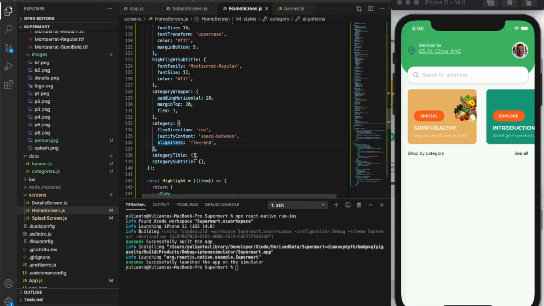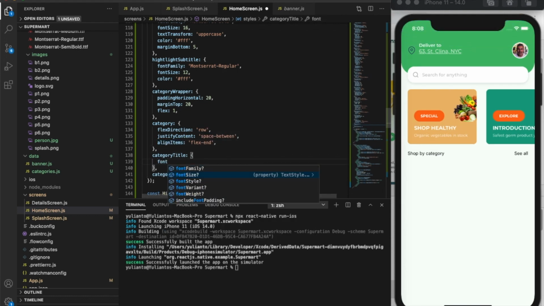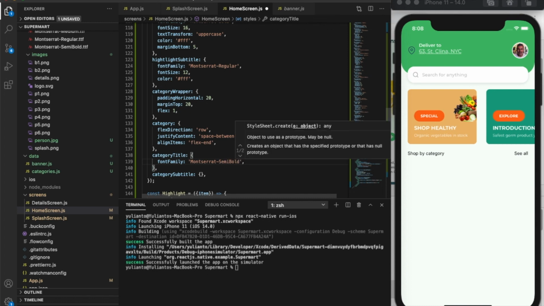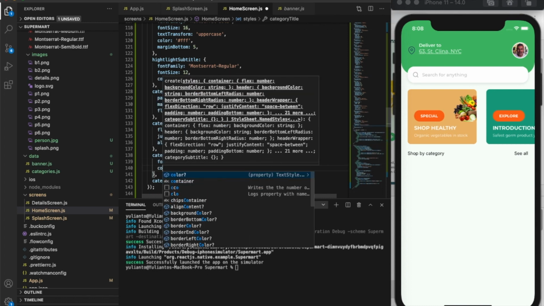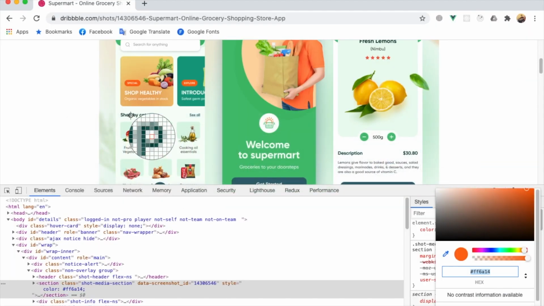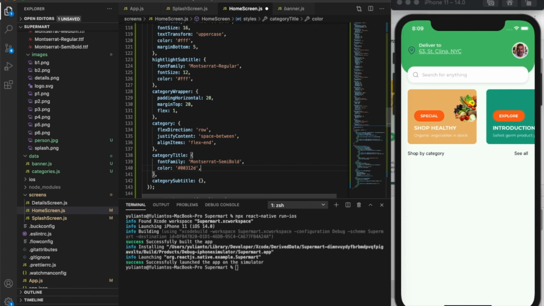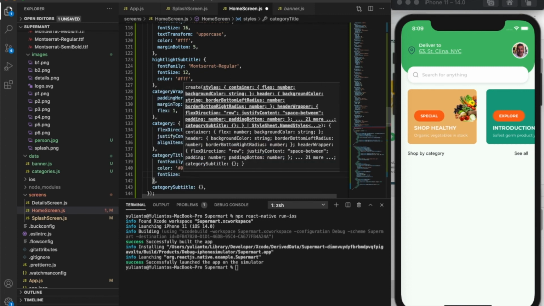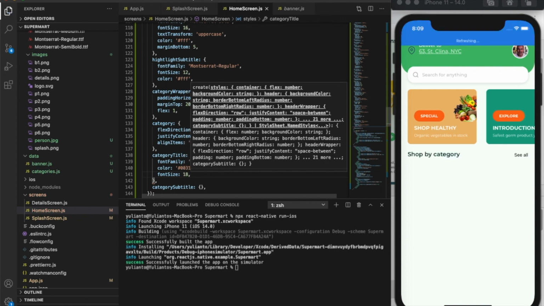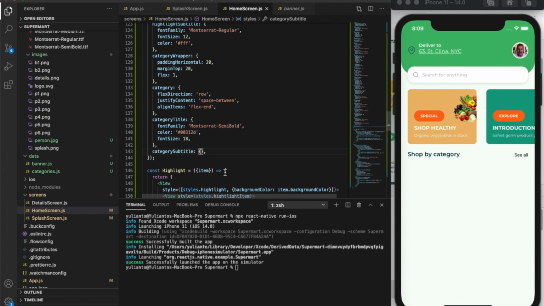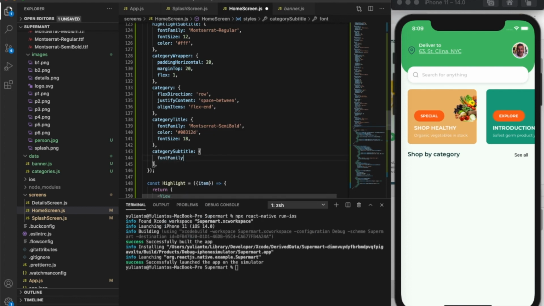Okay, and on a title we can change the font family to Montserrat Semibold, and the color will be dark blue, dark green, and the font size will be 18. Okay,